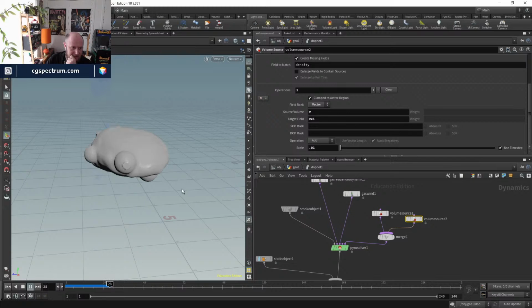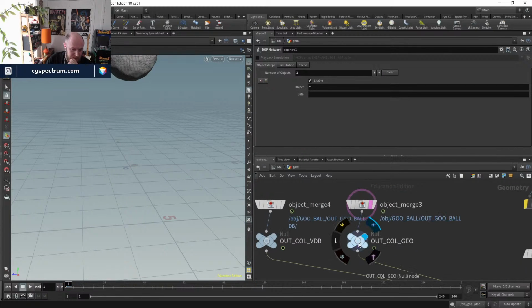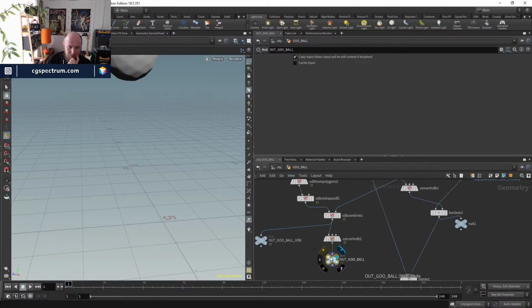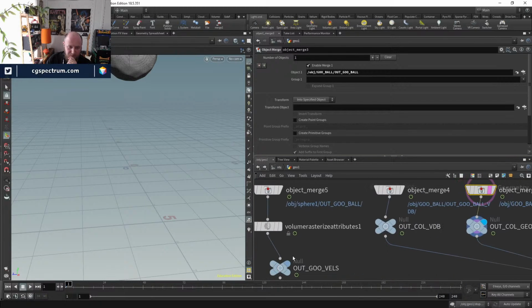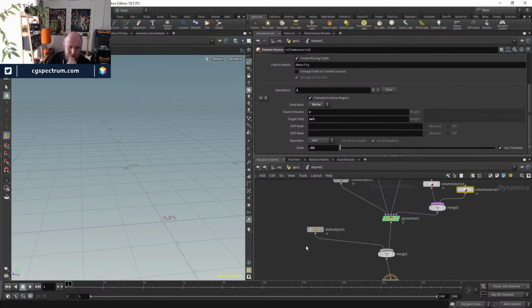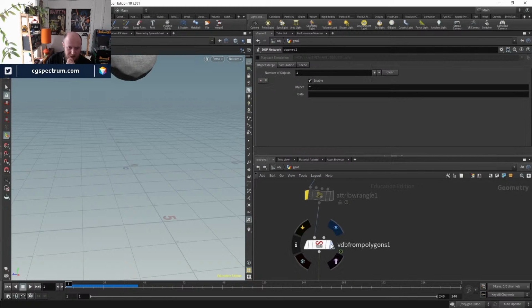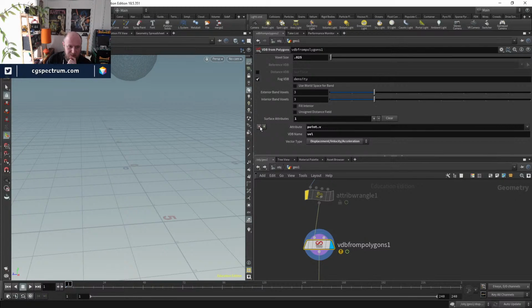So let's see. I think also what we're getting here is velocity coming from the collision geometry. So the trail that we put on there, our goo ball. Oh, not that one. Oh no, we don't have velocity coming from here. I wonder if it's automatically creating that. Turn that off and see what happens. Let's just check this out. So I might just,